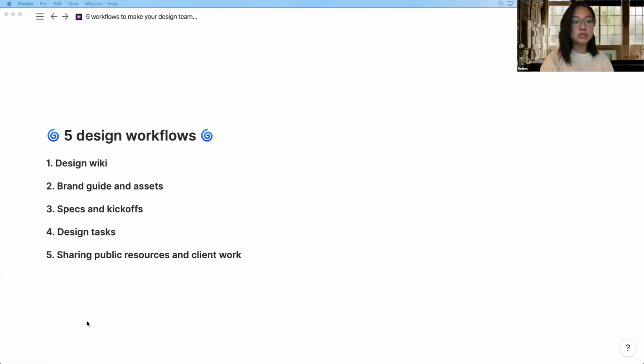So the first one is your design wiki with important reference docs. And the reason we have this first is that it's really a framing for the other 4 that we're going to walk through. It's like your home base for the other 4 workflows. So you really want to return here and house any type of work that's related to your team